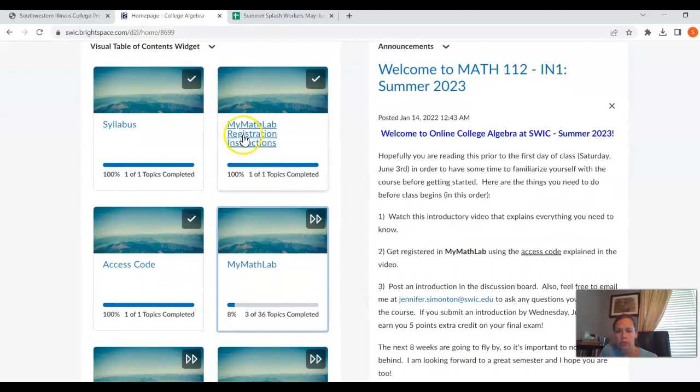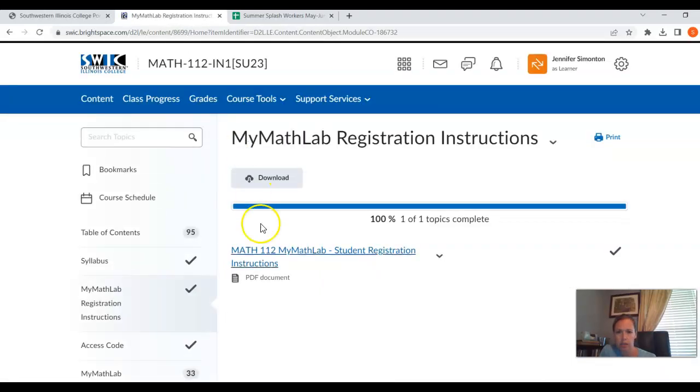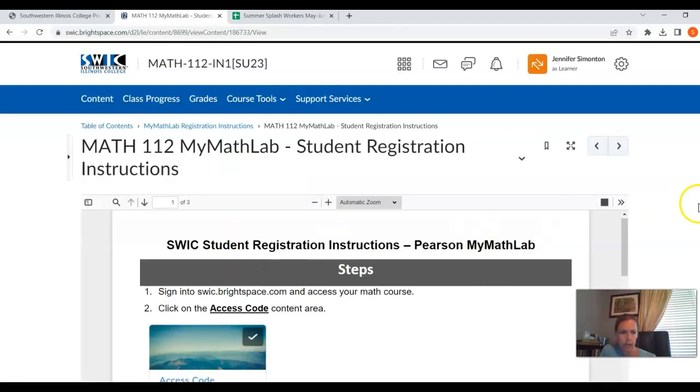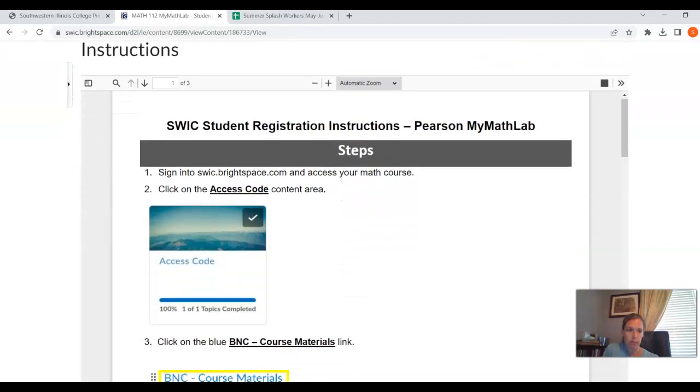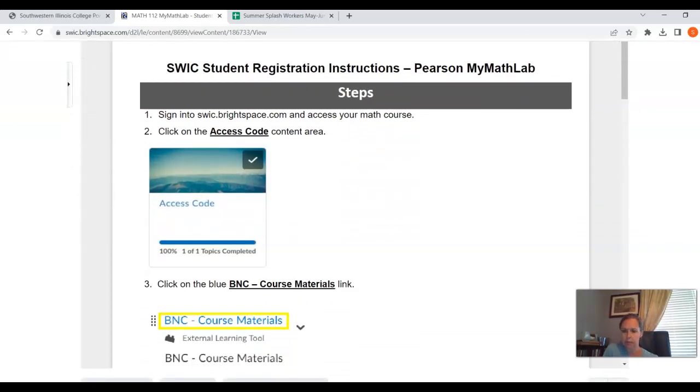All right, so this link right here has the instructions on how to get signed up in MyMathLab. Okay, I'm going to click on that. Once you click on that, you're going to click on the link to open the PDF. This is going to walk you through how to do that. This is a one-time thing. Once you follow these 9 steps, I think, one time, you're in and you won't ever have to go back to here again. All right, so the first thing you're going to do is click on that other tab there